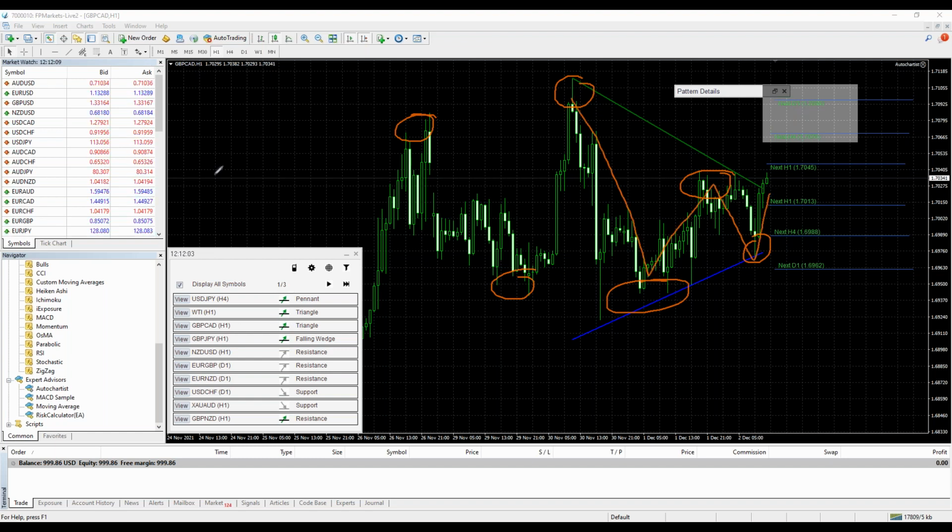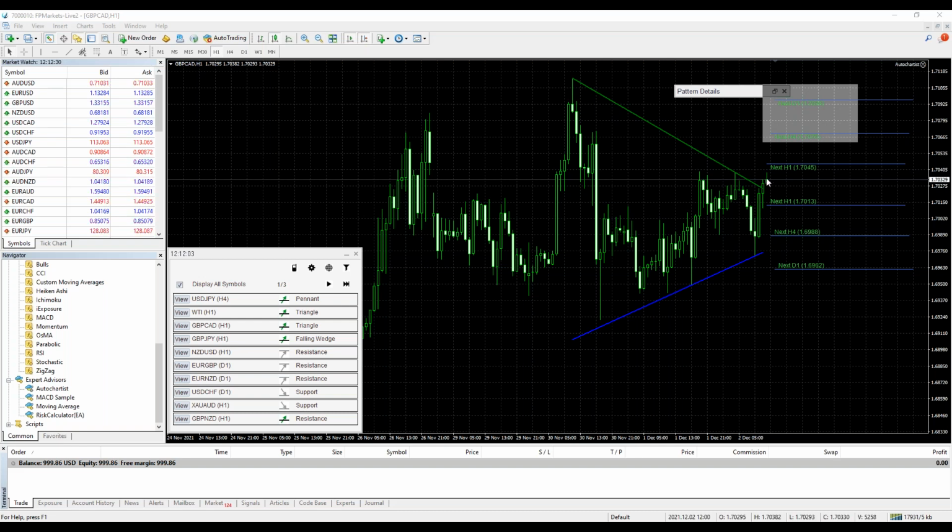So the one I clicked on, GBPCAD hourly, is a triangle. Okay, and you can see that triangle forming pretty clearly. Well, for me, it's pretty clear. I hope it's pretty clear for everyone too. And so the theory is that once the price has broken through the support or resistance line, the resistance being the green line on the top, the support being the blue line at the bottom, once it breaks through, it says, hey, the price was trading between these overbought and oversold levels, but now